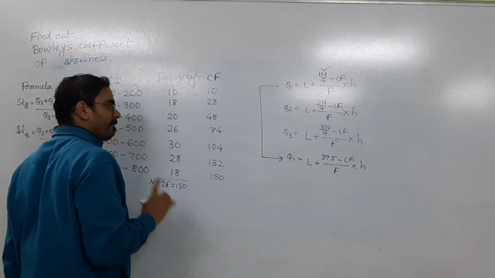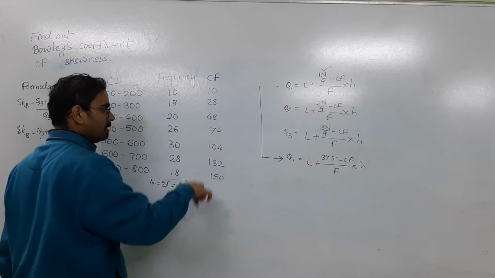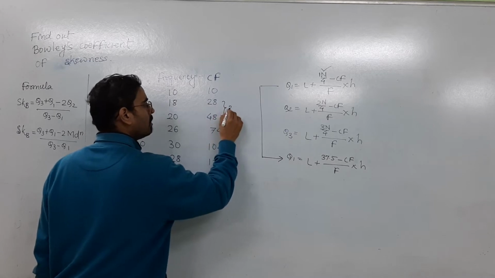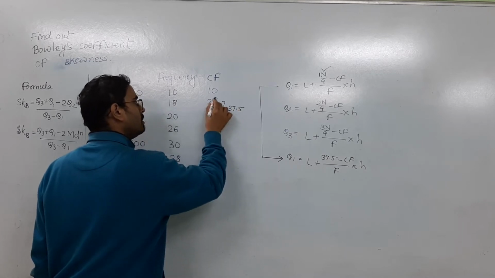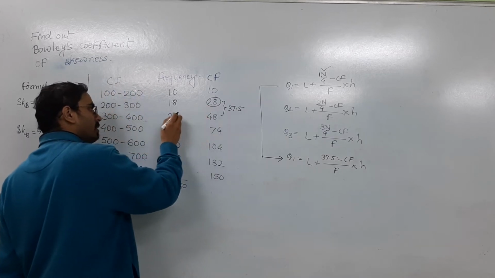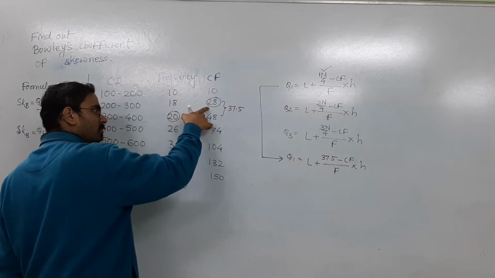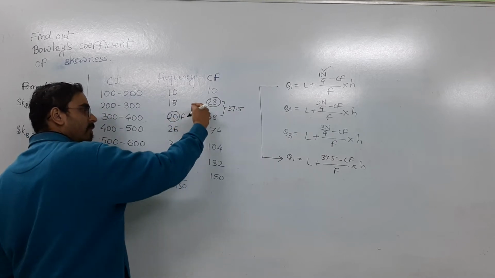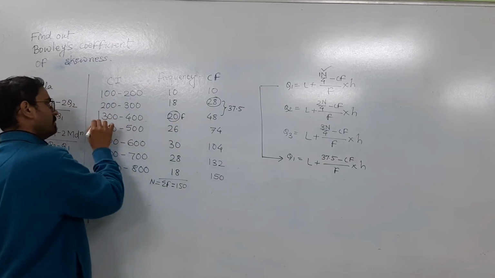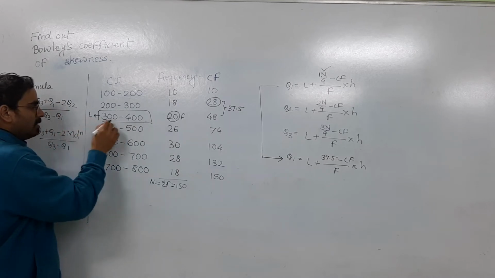So what you have to do is locate that value 37.5 in the CF table. 37.5 is lying here in between these two values. Okay, so this will be your CF. This is your CF, and diagonally come to the frequency table, and that will be your F. You have to come diagonally, one value below here in the frequency table. That will be your frequency, and that will be your considered class. From that class, we will get the data, that is L and H.